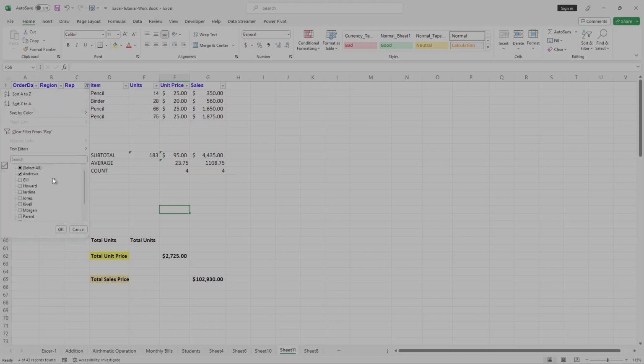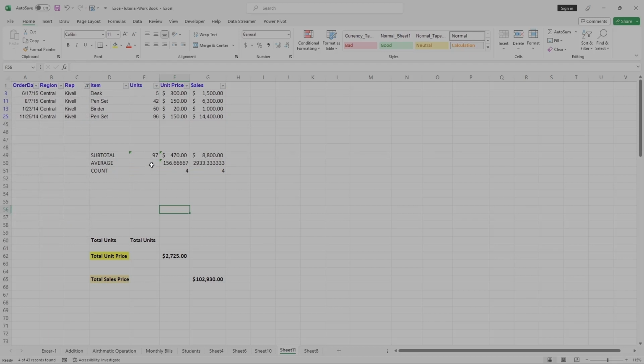If I select another representative, you will get 4 entries again and the count will be 4. So this is how you can use count function, and using the filter option you can filter and simply get